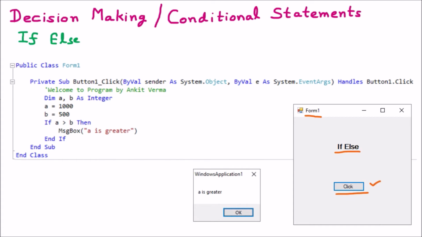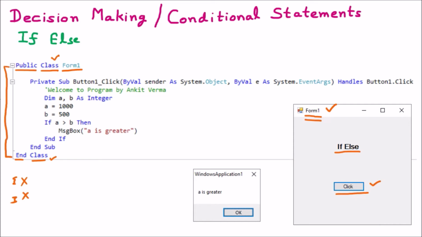You can see that there we have Public. Public means it can be accessed from outside. Class. Whenever you create a form, a class is created with the same name. You can see that Form1, the same name Form1, is there. Now this class will end with End Class, because in .NET there is no curly bracket concept. That is not available. So you can see that this class is ending with End Class here. This is like one complete block.